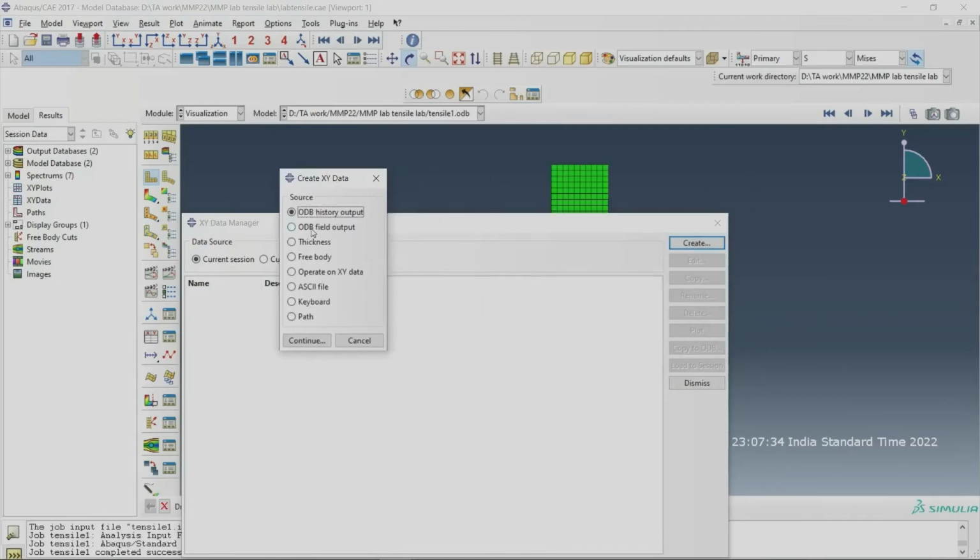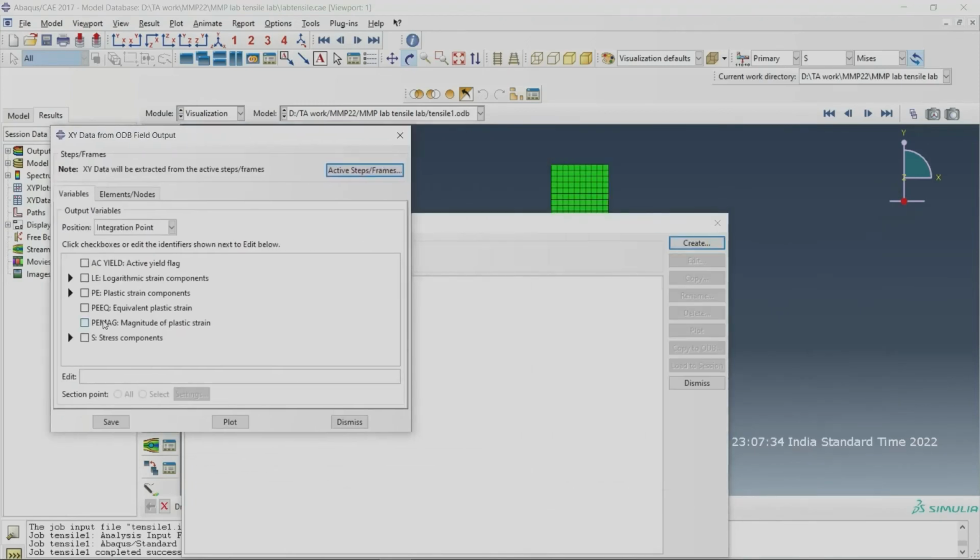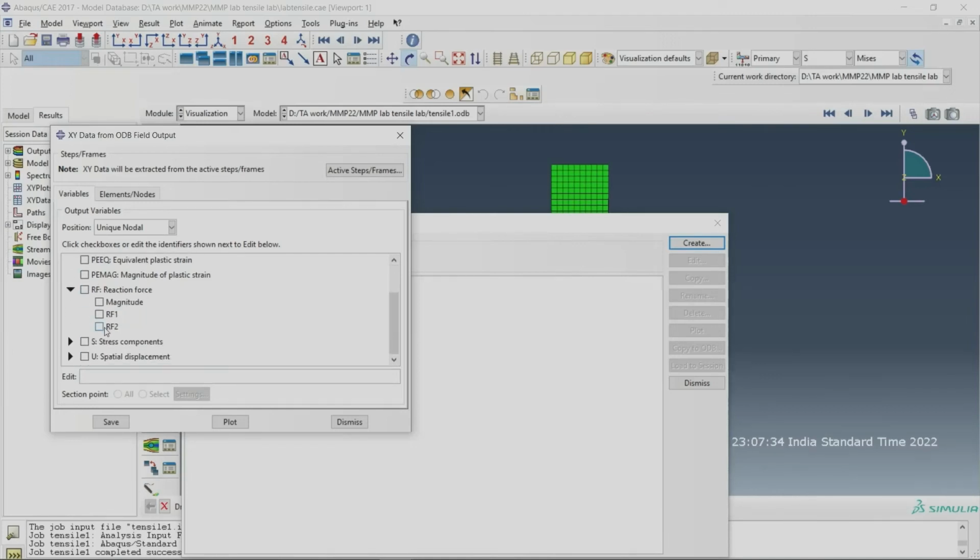ODB is your output database, field output. Click select, continue, then integration point, centroid, element nodal, and then unique nodal. So you are going to select unique nodal and then click RF2.